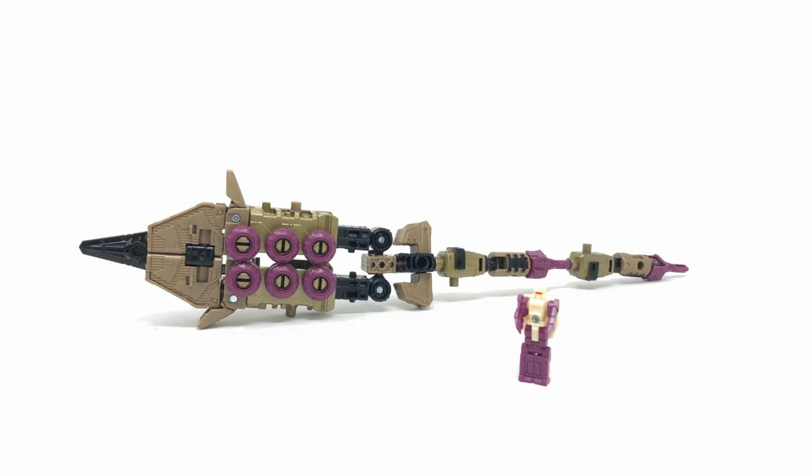However, when handling this, I can assure you that the plastic does feel slightly better in terms of quality than compared next to some of the older releases that had gold plastic in them. I really like the contrast between the purples and the golds, and of course if they are going to release a Black Zarak repaint, then you're going to have to pick up this piece here in order to accompany that. So in all, if you're a fan